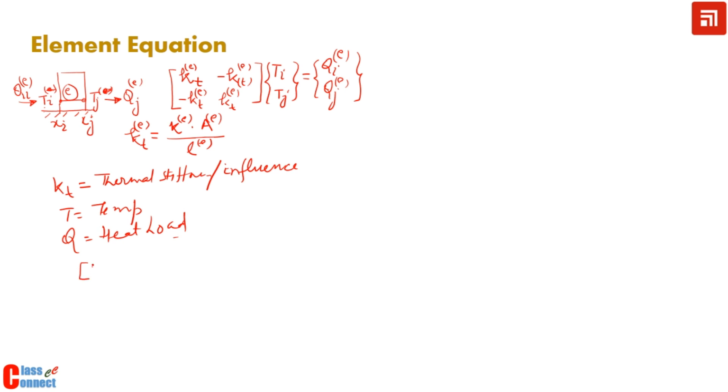So element equation now we can write down like this. It is Kt for eth element, this is T for eth element, this is in short form, this is equal to Q in eth element. Likewise for the stress analysis we can also write in the same way, that it is K, that is stiffness matrix, and we have U, the displacement vector, and we have F for force vector, and the superscript is E, that is for eth element, because we are talking about the element equations.